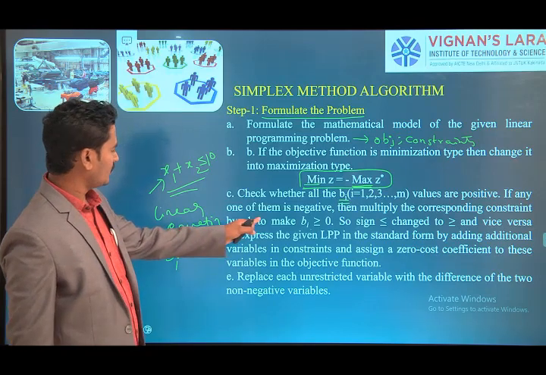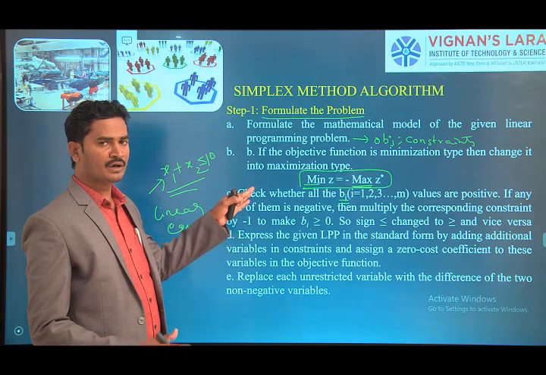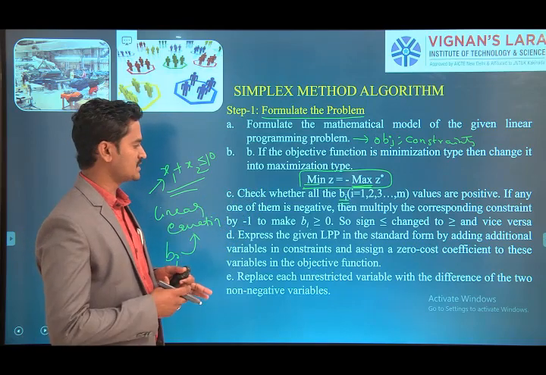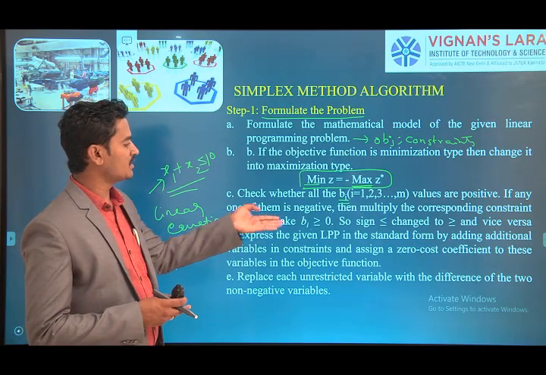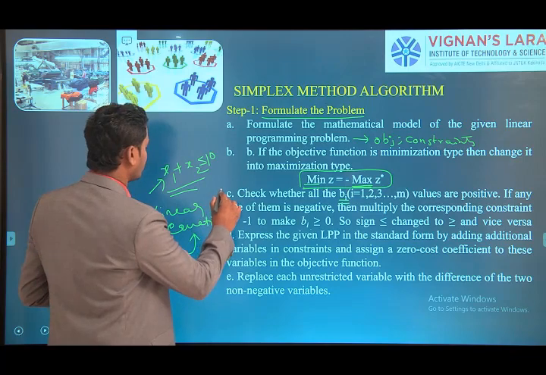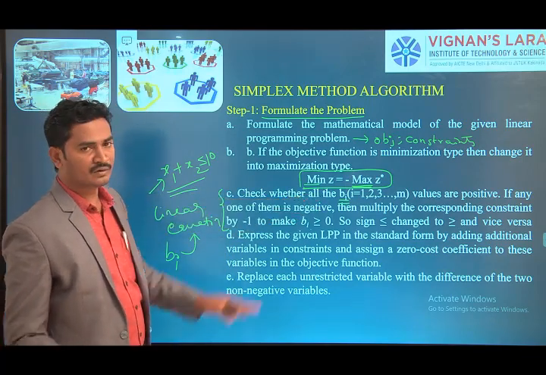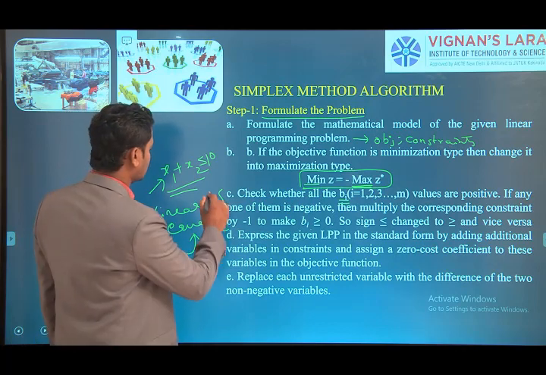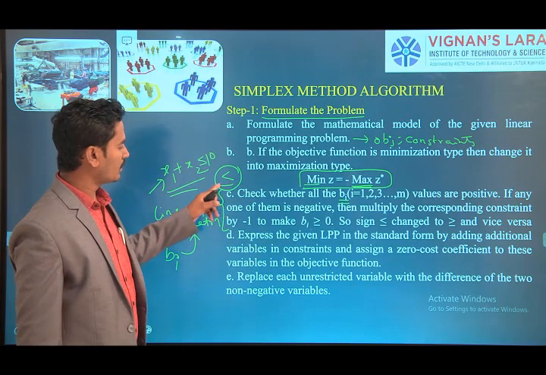Okay. If it is negative, we convert. We are converting that sign into positive by multiplying by -1, or by applying the less than or equal to or greater than or equal to type. Okay. Here, when we are converting this into positive values, we have one rule. The constraint must be in less than or equal to type only. Okay. We have to remember that.